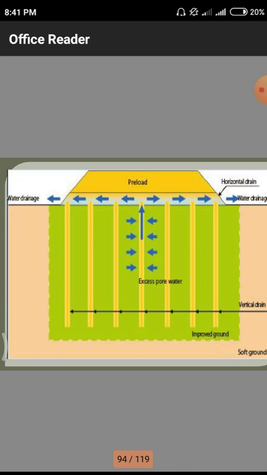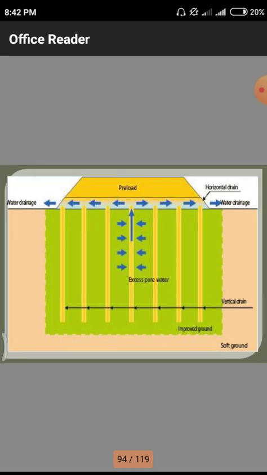We have equal spacing between these vertical drains, and below that we have improved ground, shown with the help of this green color. The gap observed in the yellow color, and the total water rises upward and is drained. We have water drainage facilities at the edges of the preloads. That means after the preload is placed, some drains, small canals and other things are used to remove the water that is coming from the soils.